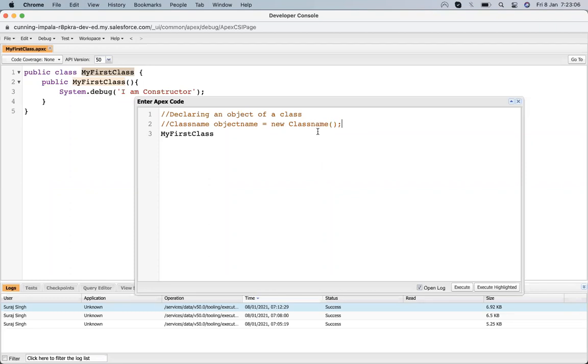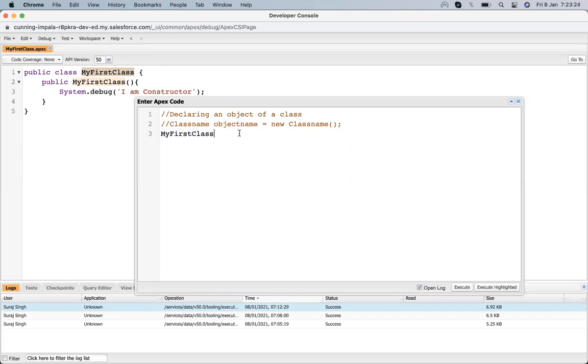Simple. It's the same as declaring a list, a map, or a set. In this same way we are also declaring a class and its object.